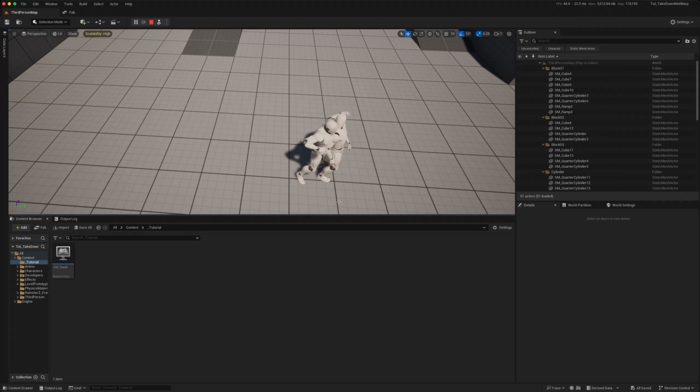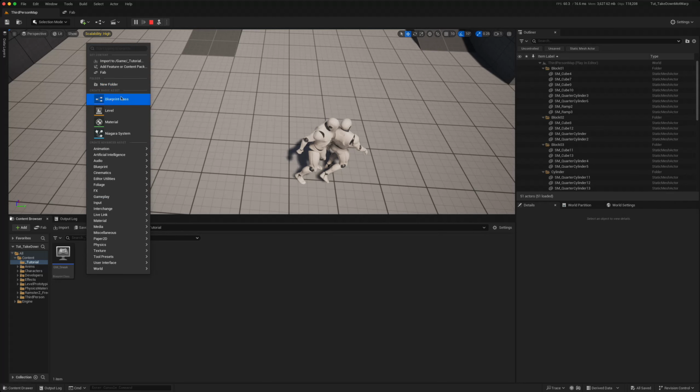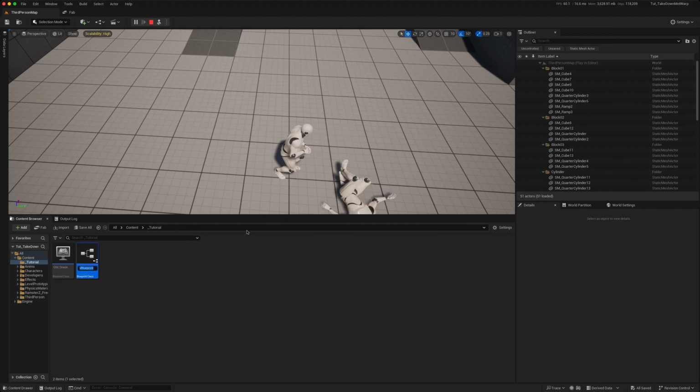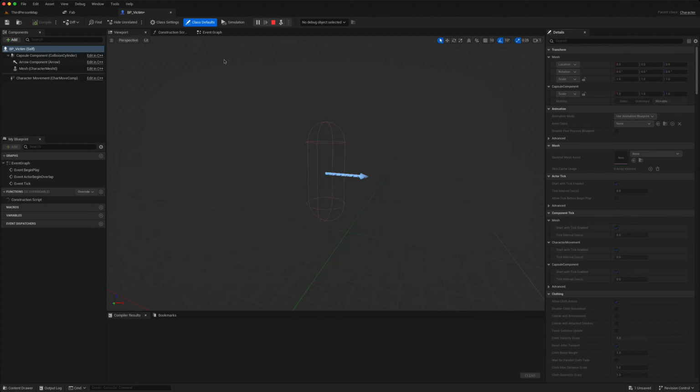So we're going to need two characters. One will be a victim who is being choked, and one will be a sneak character who's doing the choking. And the position of the victim will define where the sneak character has to move to execute this takedown animation. So if we begin by creating a victim, a character BP victim, we can open that,